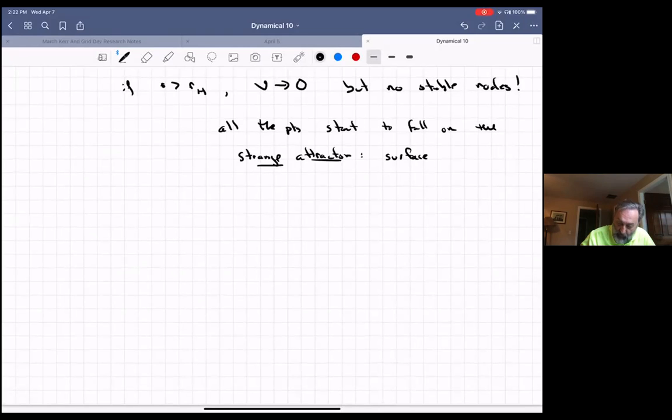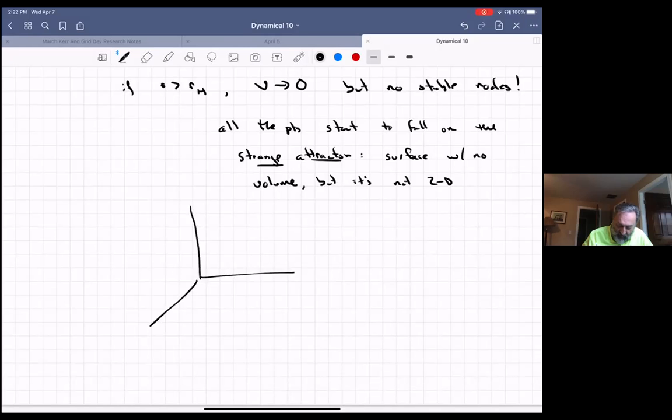And that surface has no volume, but it's not 2-dimensional. And so if you have seen the pictures of your standard strange attractor,